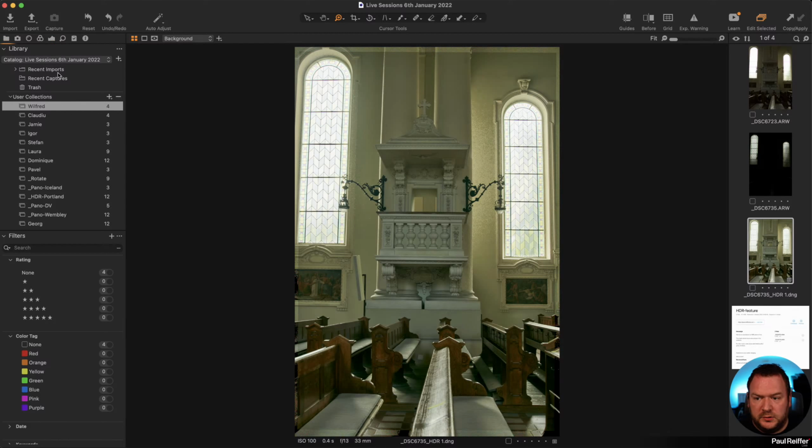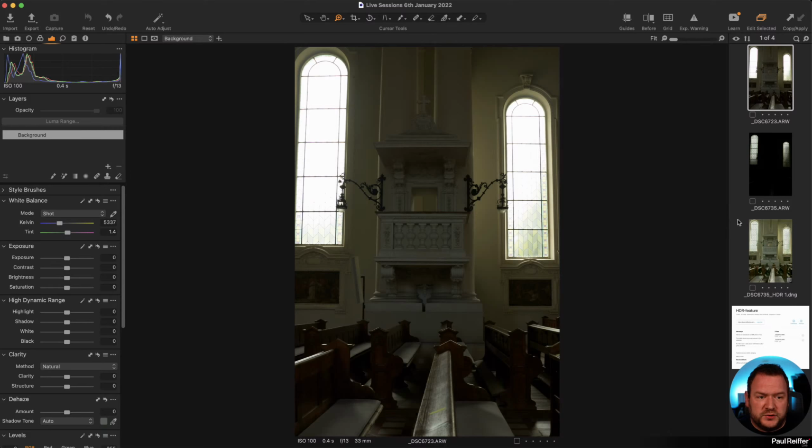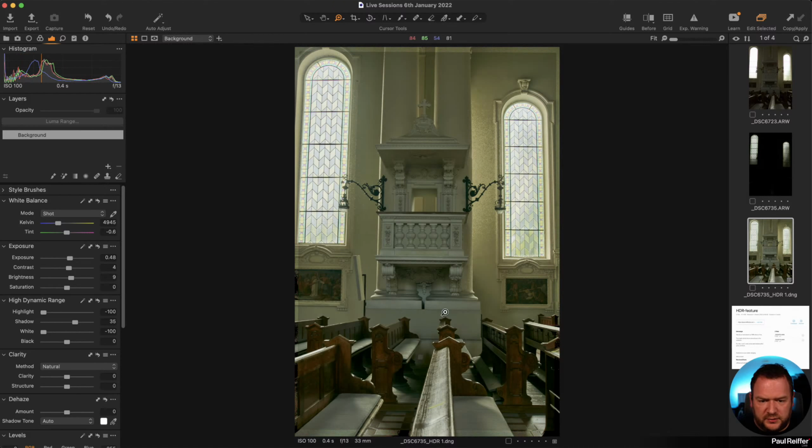And in this file, I can see that if I pull back our highlights and pull back white and maybe even exposure a little bit, well, I got the detail in the windows, which I didn't have in this version. So it's taking that from this shot. And I've got all the shadow detail as well. It's a little bit off in white balance. I might want to fix some of that stuff. But, you know, it's blended it.